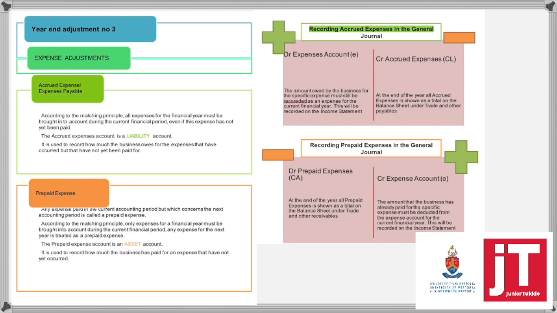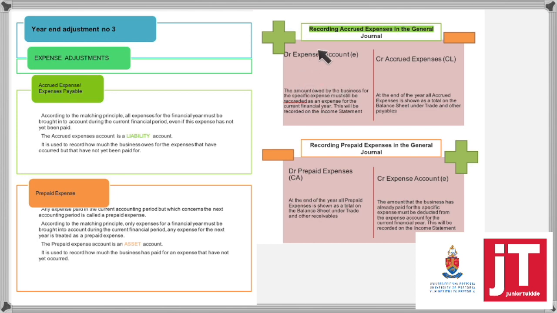And a prepaid expense means that we paid it in advance. So a good example there is insurance. Insurance is always paid in advance, so you pay now for cover for the coming month. So you've paid it in advance. It means that your expense is overestimated for the current financial year, and you have to minus it off the expense. So if we look at the recording,